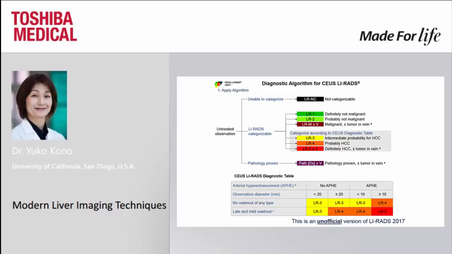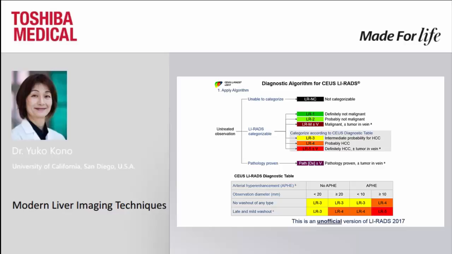And the current version looks a little bit different, but the diagnostic table is the same. And LI-RADS 1 is definitely benign lesions like hemangiomas or cysts. LI-RADS 5 is the definite HCC,